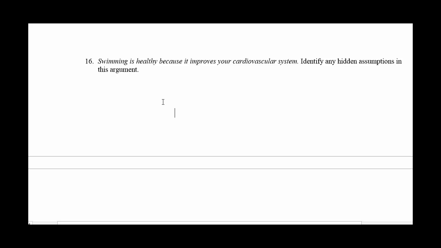Number 16, swimming is healthy because it improves your cardiovascular system. Identify any hidden assumptions in this argument. So again, you want to think for a second, well, in order for that statement to be true, what am I assuming also has to be true? Okay, so one thing that sort of jumps out at me is sort of the wording that they choose to use. They're saying swimming is healthy and here is the evidence. Well, the evidence, and I don't think anyone will argue against this, but the evidence is, we're assuming, is connected